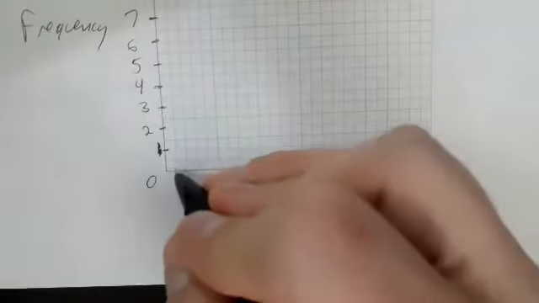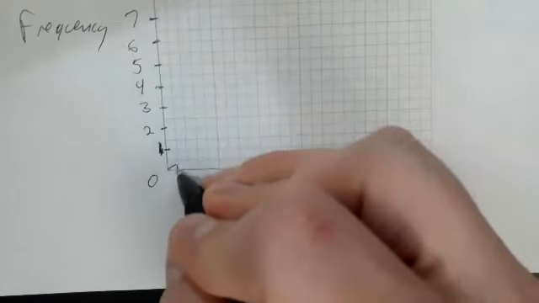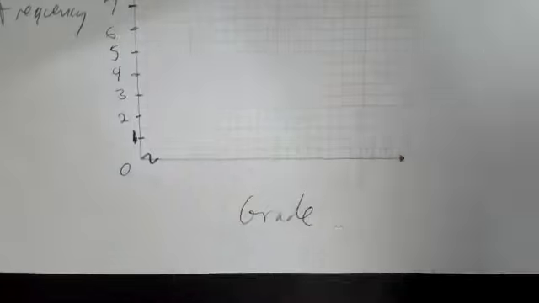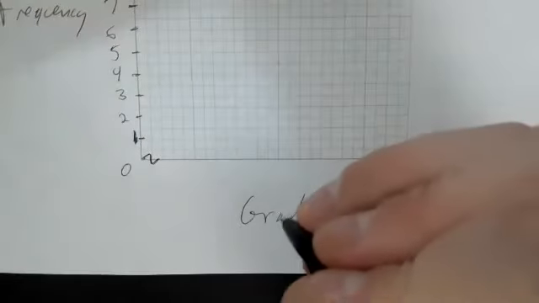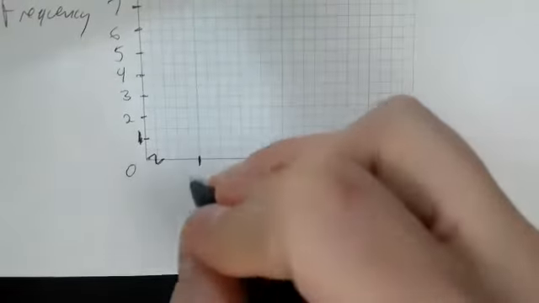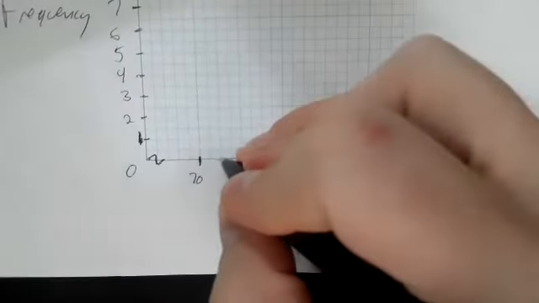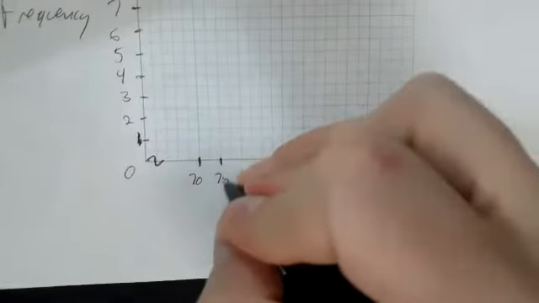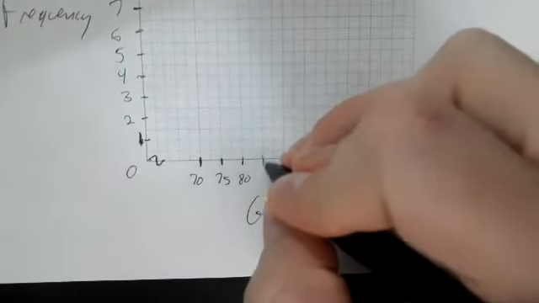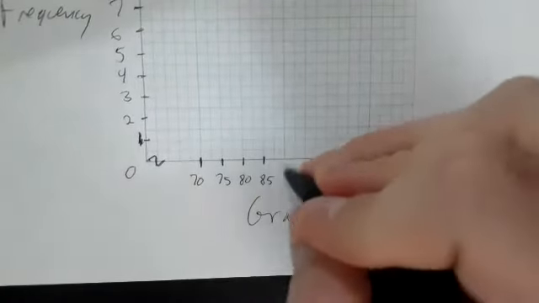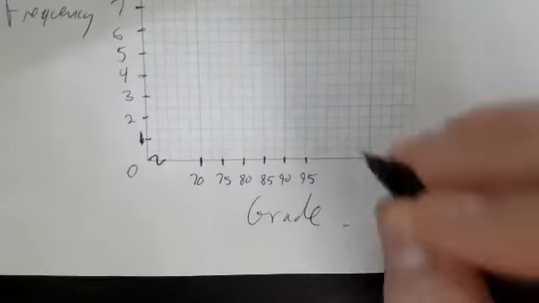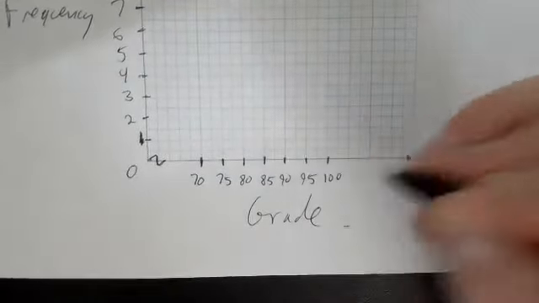This is my grade down here. So I'm not going to just start out at 0. So I'm really doing like a sort of break here. When I want to start out with a 70, I think I'm going to skip 1 and go to 75. Skip 1 and go to 80. Skip 1 and go to 85. Go to 90. 95. And my last one over here is